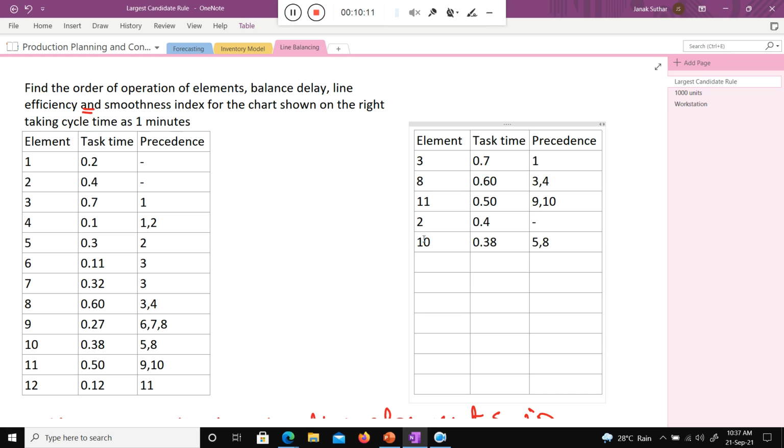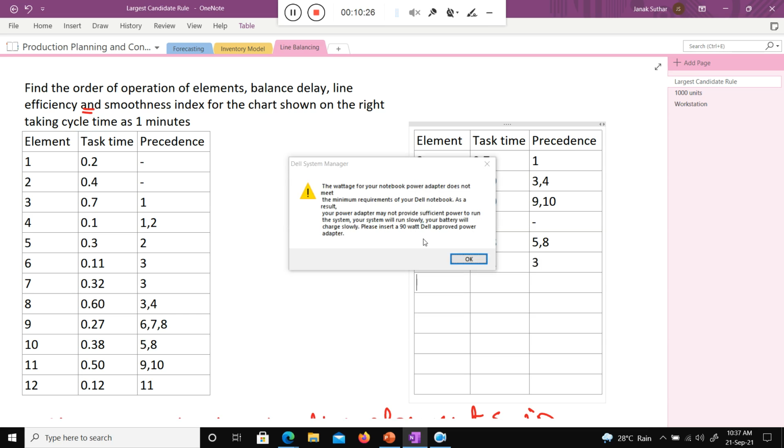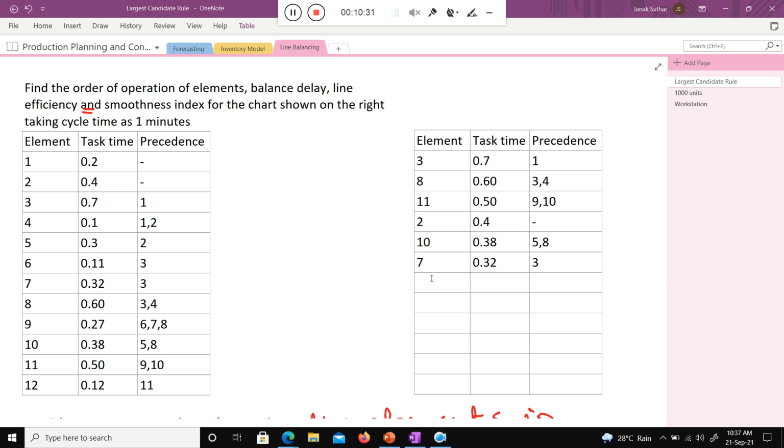Which one is next? The 7th element, with precedence 3. After that, the 5th element, task time 0.3, precedence 2.